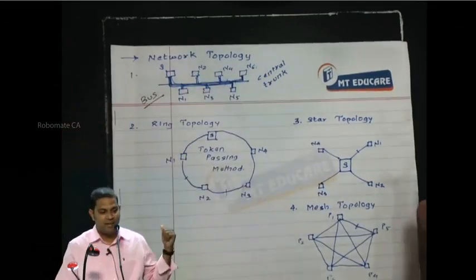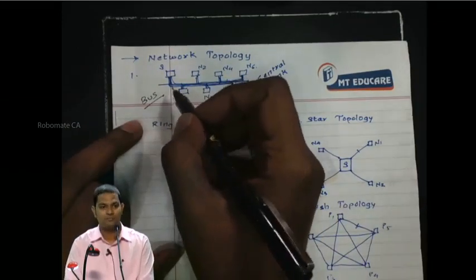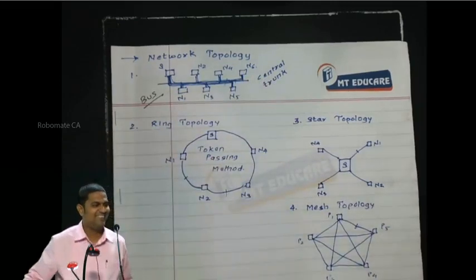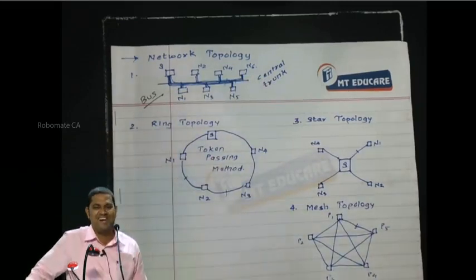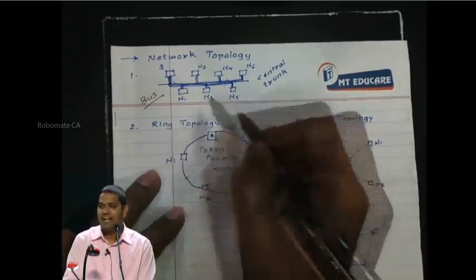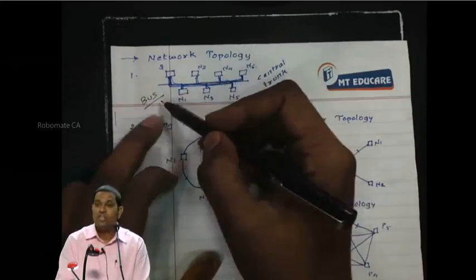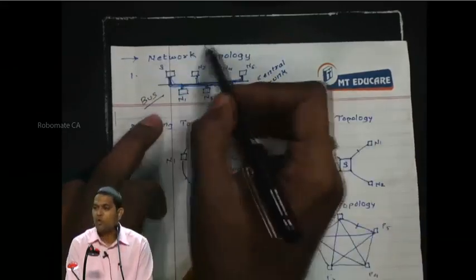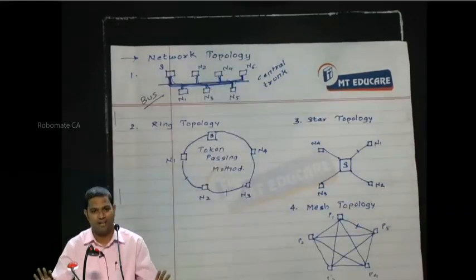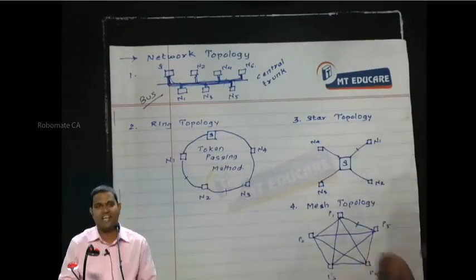Thanks to the engineer in the background, he pointed out this mistake: sir, you didn't write bus topology. So I explained the entire concept, but I forgot to tell the name of this topology. So don't get confused that this is network topology. Network topology is a topic. This is bus, this is ring, this is star, and this is